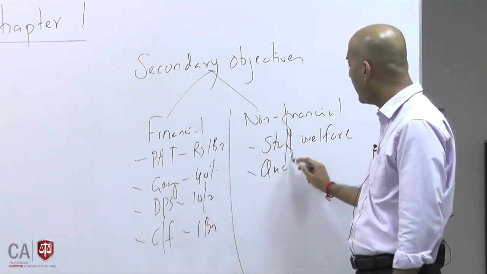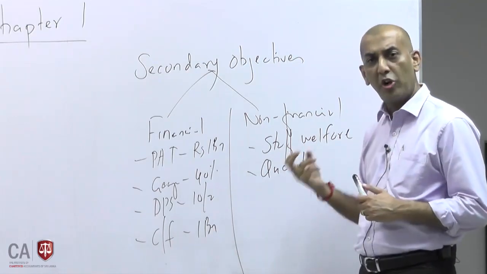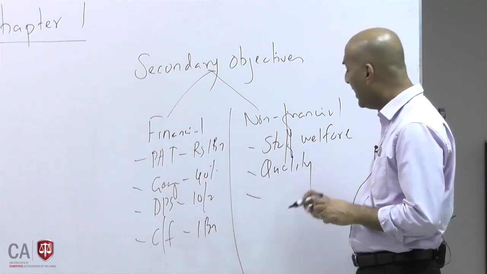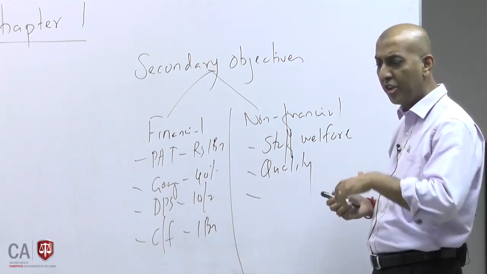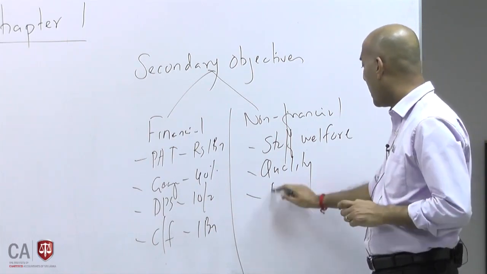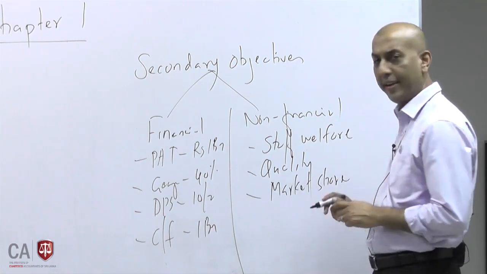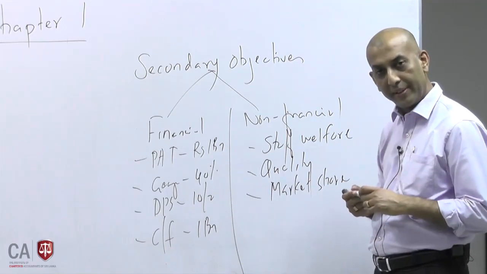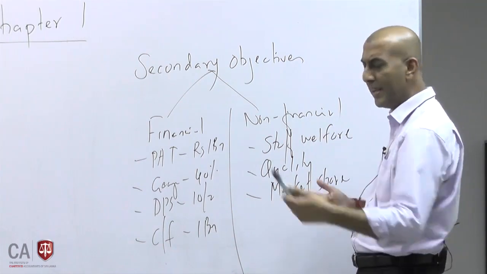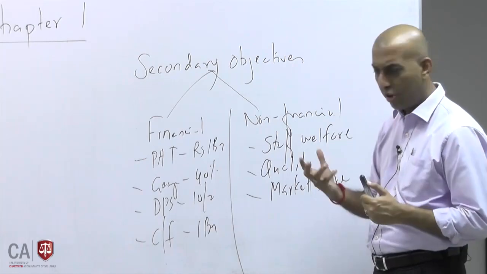Then you will have quality. This is product quality, again a non-financial objective. The company may have quality as a non-financial objective too. Then from a non-financial point of view, there is market share. How much market share do I want to maintain? You might say, I want a market share of 25%. These are called non-financial objectives, right? So for these few examples, maybe you can go through the study pack on balanced things just to get an idea of what the non-financial objectives are.